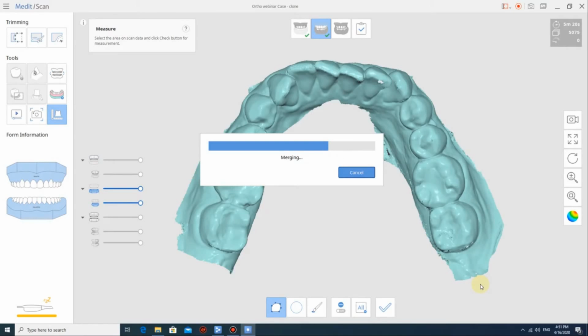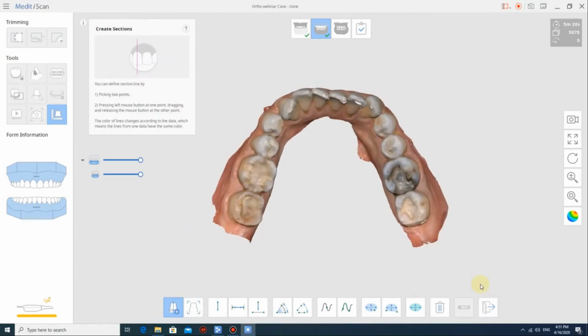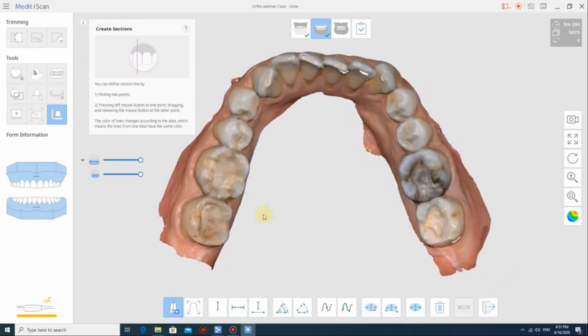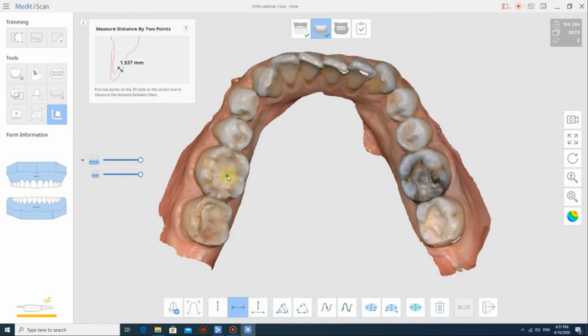So after the merging will complete it, we will perform the same tasks in order for you to see. So again, 2 points. One here, another one here, and also here and here. Okay, in case you're okay with that, you take a screenshot, finished, and now I'm going to proceed to my